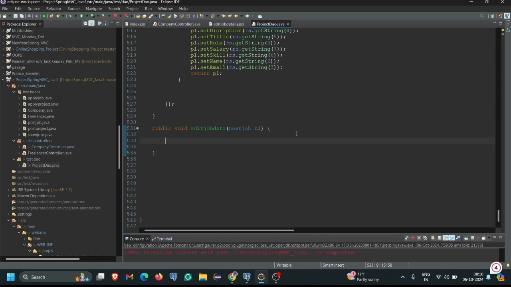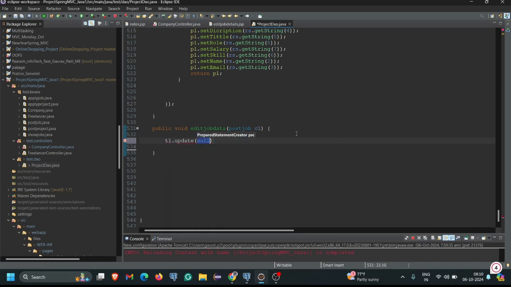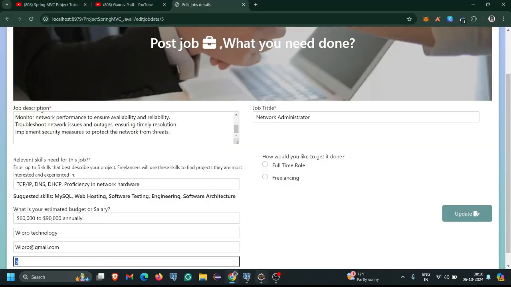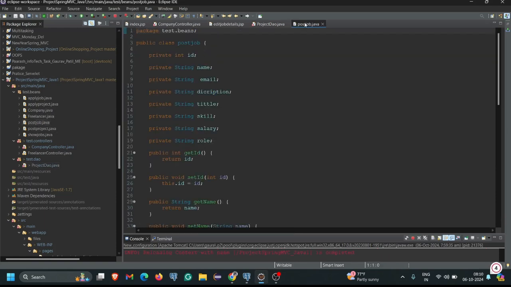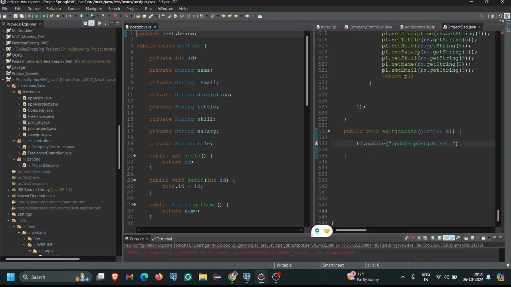So I have to write here t1.update, and I have to write that method or query here. So update post job set. I have to check the names of those particular columns here. So here you can see this is the name. So description, I have to again open my post job class. So here you can see this one is the post job class. I have to open it that way, and now I am just declaring here the column names. Okay, so set